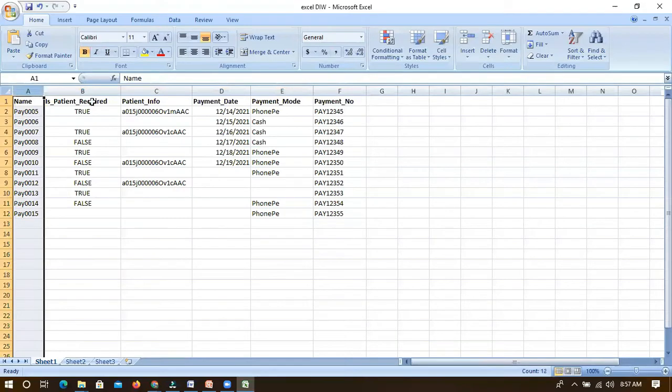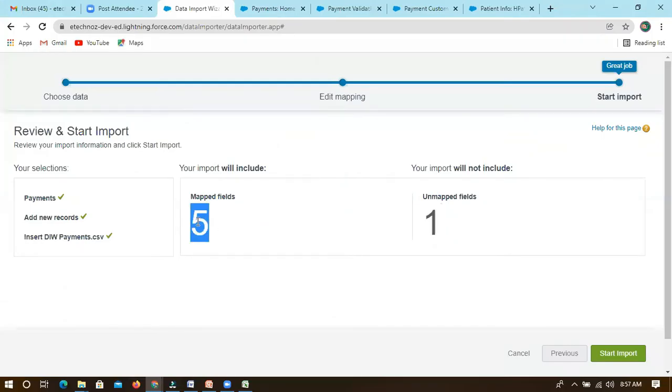Let's consider you are creating 30 fields. Out of these 30 fields, you can have only 5 fields which are unmapped. So the remaining 25 fields can be mapped, right? In that case, you need to identify these 5 fields. Why are these not mapped? So you have to go to that.